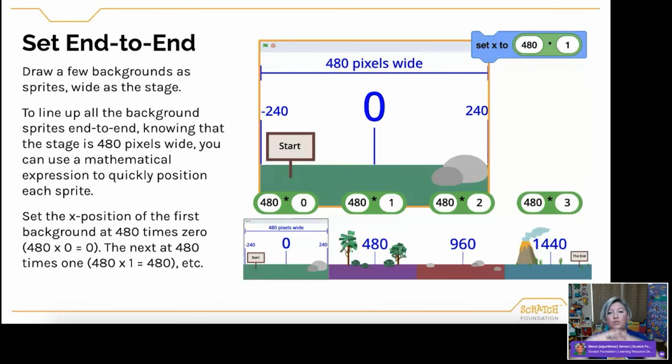So I'm not going to go too into the weeds in it today because I do have those additional resources to attack this particular version of the scrolling background. But I wanted to highlight it here for you so that you could see that there are many different approaches to this concept. And again, this is using these background pieces as sprites so that we can harness the power of those movement blocks. But it's really making the scene become something dynamic and part of it.